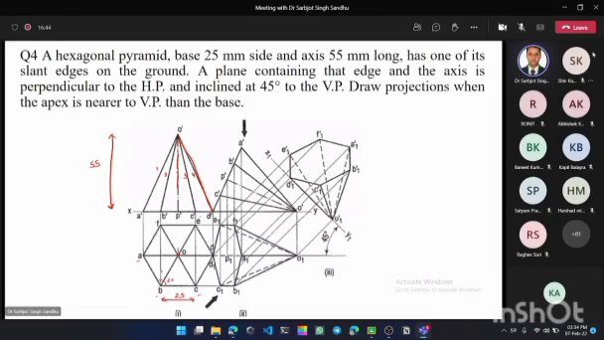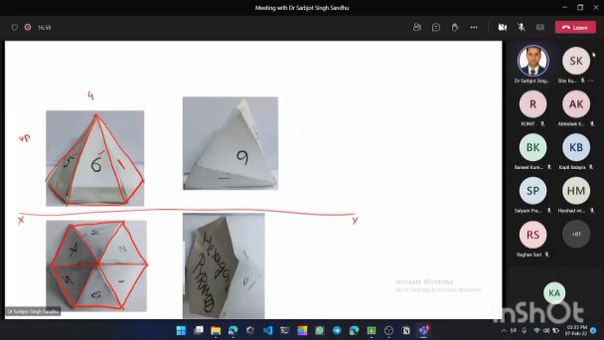60 degree, this angle is also 60 degree. All are meeting at a common point O. So it is resting on one of its slant edges on the ground. So this is slant edge